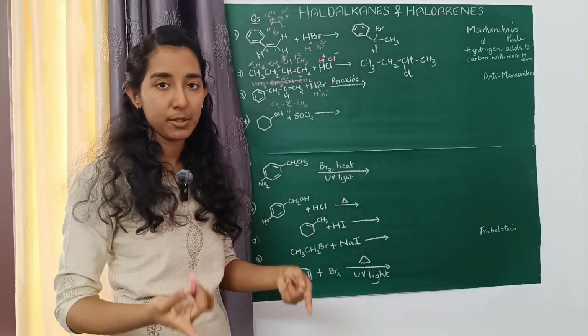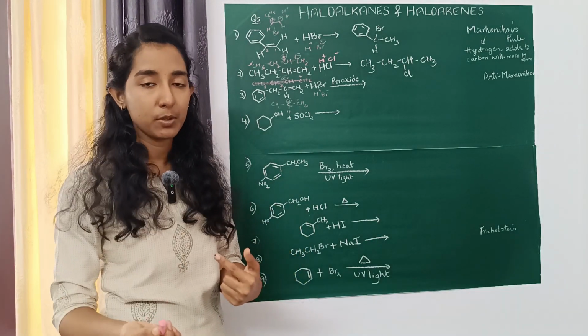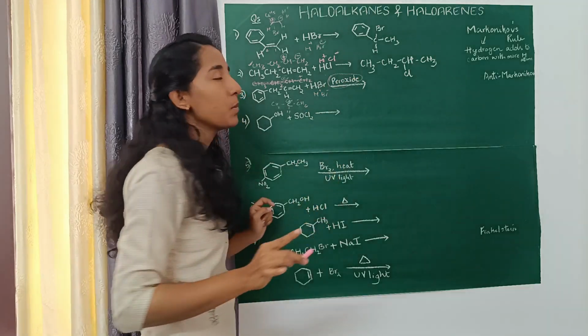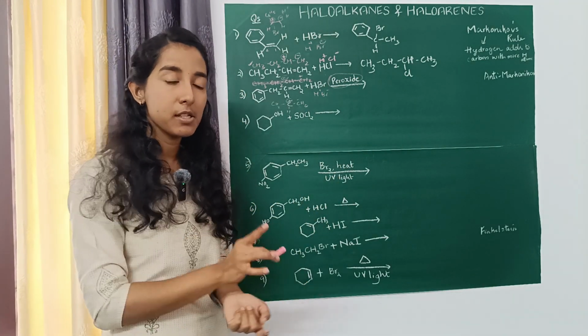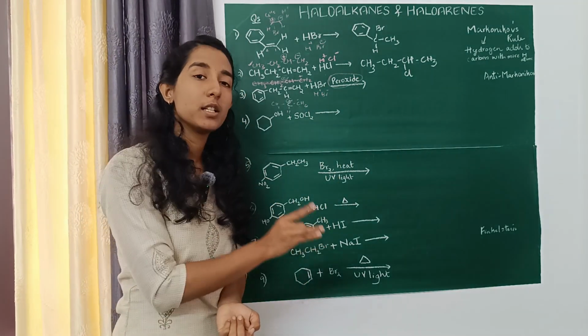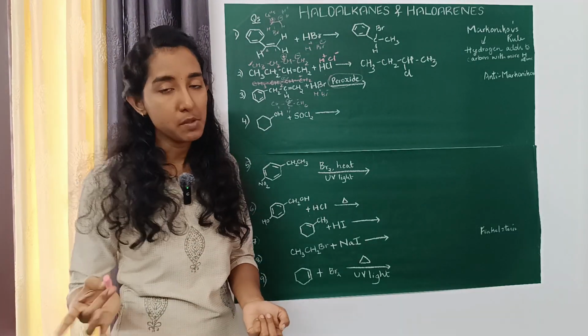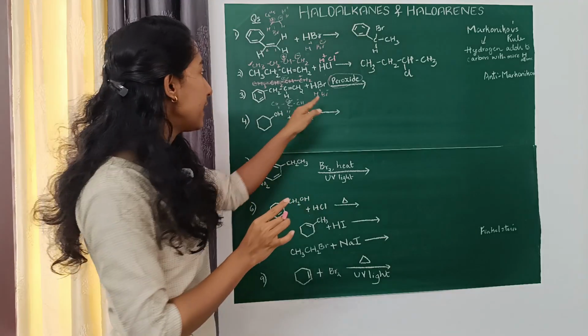But I told you it is anti-Markovnikov's rule. It is the opposite of Markovnikov's rule because peroxide is present. So you need to see in the question if peroxide is present or not. If peroxide is present with hydrogen halide, then it will proceed with anti-Markovnikov's rule. Okay. So here you write it as